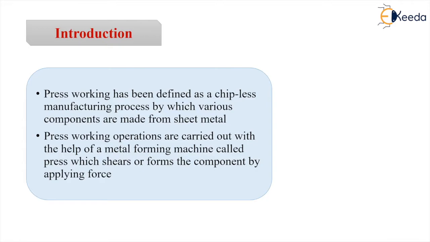So the press working operations are carried out with the help of metal forming machines, which are known as the press. The equipment or machine which is used to do this operation is known as the press, which shears or forms the component by applying force. So force is required here. If you look at the forming process, the stresses induced in the material are more than the yield stress, but less than the ultimate strength of the material, so that there is yielding, and after that yielding you are having the